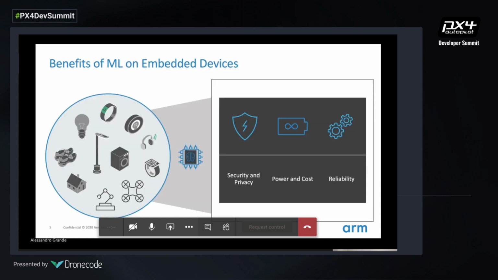So what are some of the benefits of thinking about machine learning on embedded devices? I like to think that there are three main ones. One is security and privacy. And why is that a benefit? Well, think about the fact that every time you shift data and send it somewhere off chip or somewhere else, potentially to a cloud or to a ground station in a drone situation, what you're doing is sharing that data with someone else or some other entity. Whereas if you're able to do the processing on the device, you're not sharing that data with anyone. You're keeping it privately on the device.